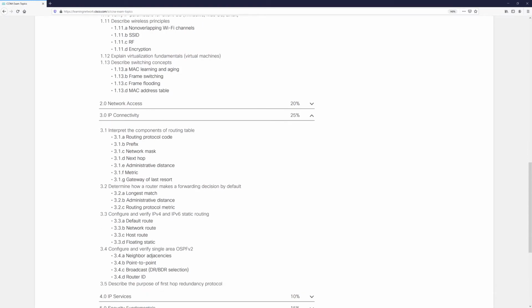If you're new to Cisco exams, you don't need to know how to configure everything. You just need to know how to configure these two things in this section number 3 on IP connectivity. You need to be able to determine something. You need to be able to interpret something. And so just don't dive into the CCNA blueprint and think, oh no, I have to configure everything on this list. Some things you need to understand at a high level. You need to be able to explain it. You need to be able to differentiate and compare the difference. And other things, you need to compare them. Okay, so configure. That's a quick down and dirty on the CCNA and just an introduction to myself and that